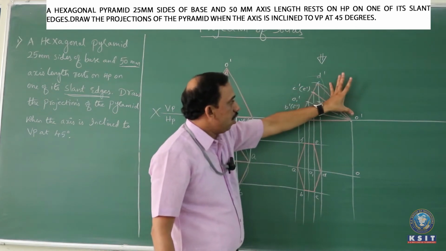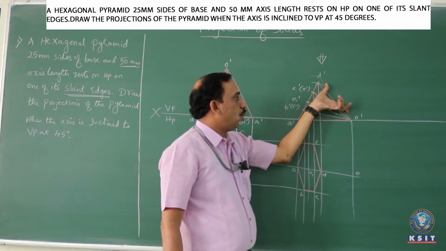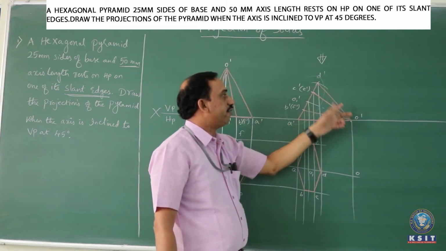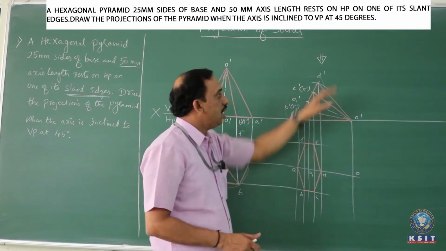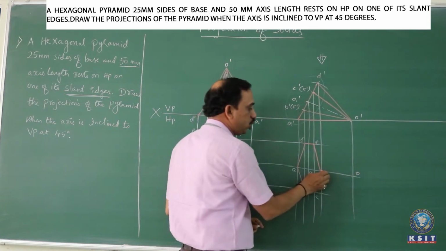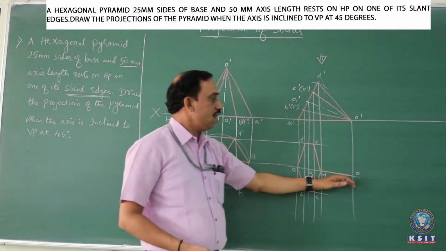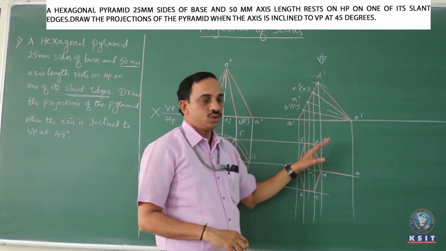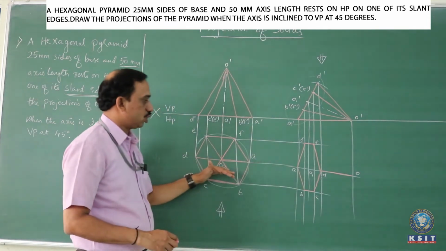Now identify what is this surface which is visible to the observer when he sees from the top. Since it is OD, it is a slant edge which is visible to the observer. Instead of OD, if you have OCD, then it's a triangular face which is visible. So since it is OD, make this slant edge OD visible. Join D to O as one of the slant edges which is completely visible to the observer. For this slant edge, on either side, we're going to have 2 triangular faces. So what are those triangular faces which are visible? For that, come back to this top view.